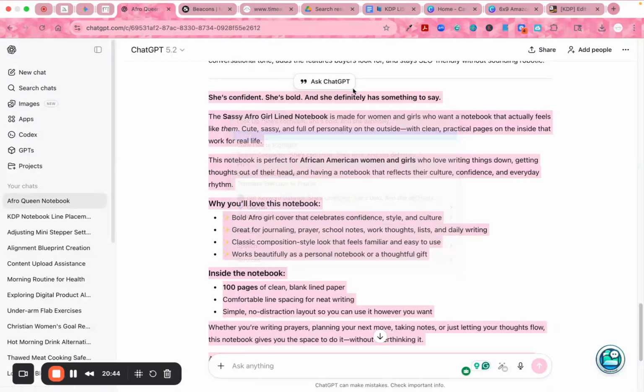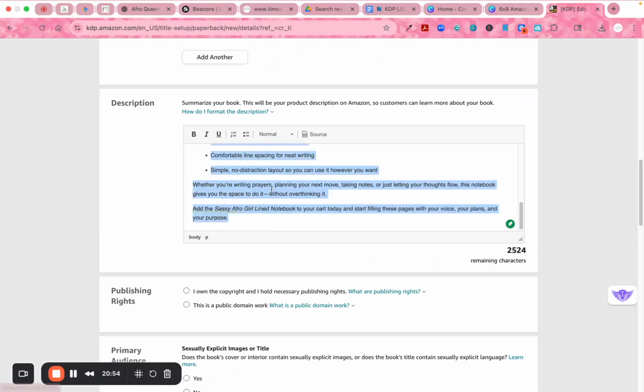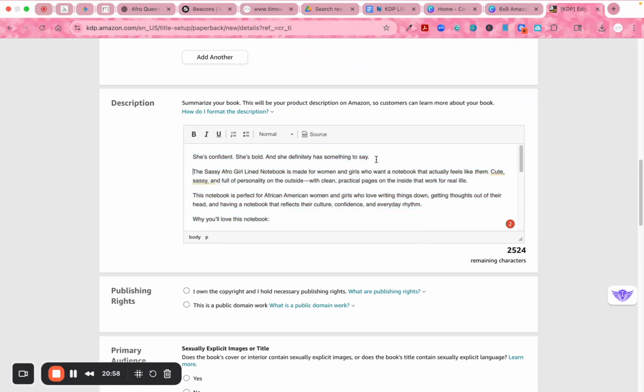I'm going to go ahead and copy and paste this into the description. And then I'm going to clean it up a bit. So I don't need it to be super, super bold, so we're going to take out the bold because I don't need that. She's confident, she's bold, and she definitely has something to say. The Sassy Afro Girl Line notebook is made for women and girls who want a notebook that actually feels like them. Cute, sassy, and full of